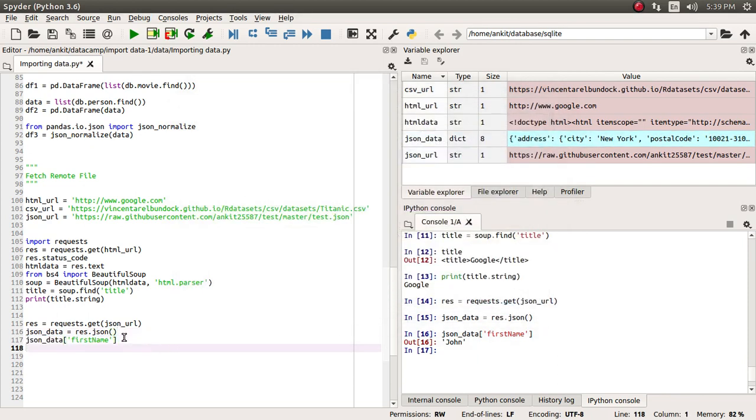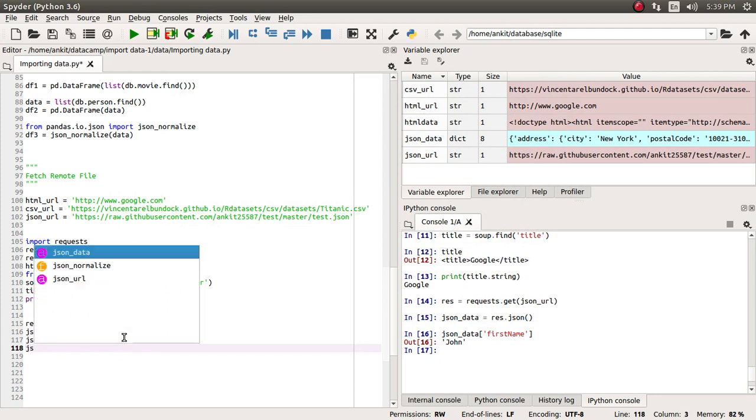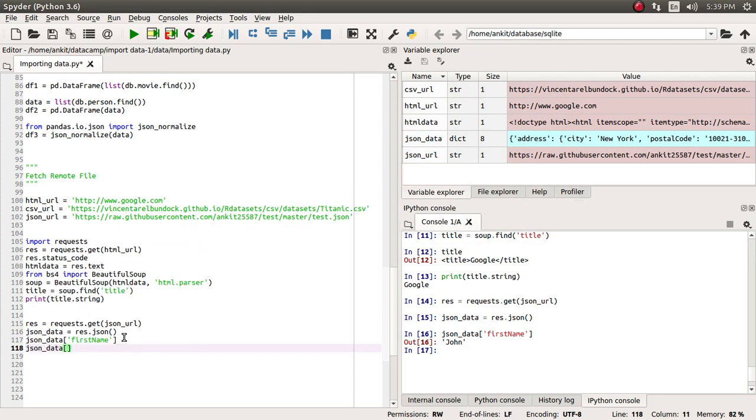So how can we do it? Postal code is in address. In the JSON data we'll apply address first, and then the second argument we'll supply because it comes at the next level of the hierarchy, so postal code.